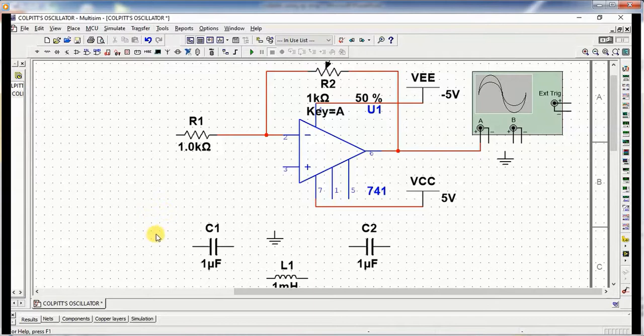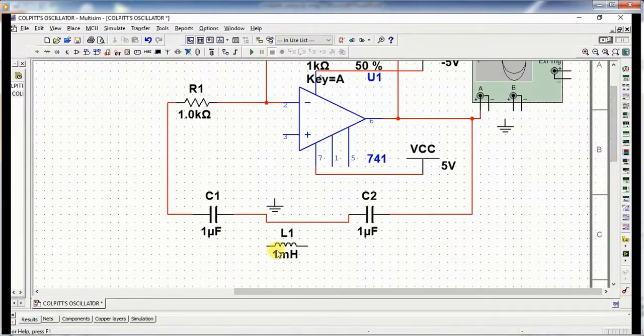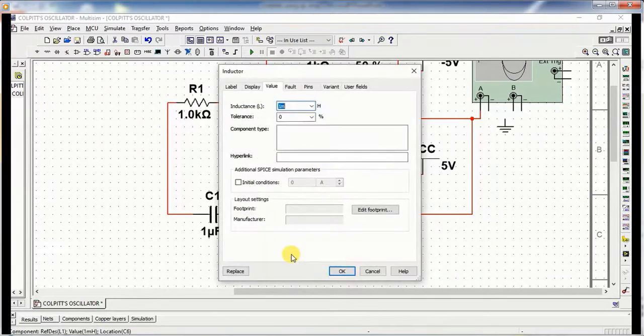Here R1 you can connect to capacitor C1, and C1 is also connected to C2, and then connect the other terminal of C2 to pin number 6, and connect the inductor also.